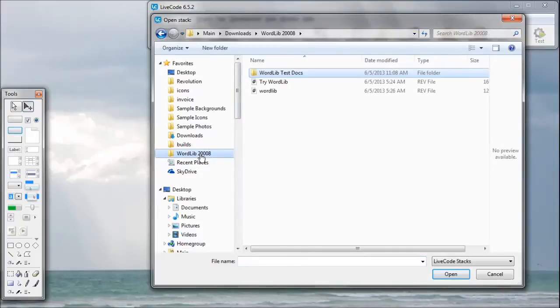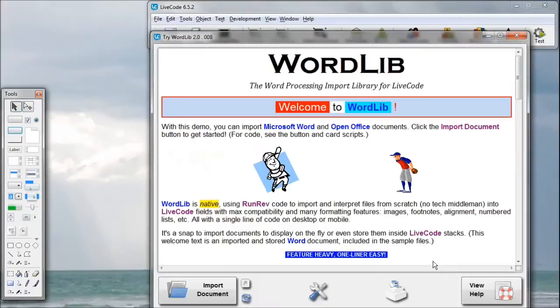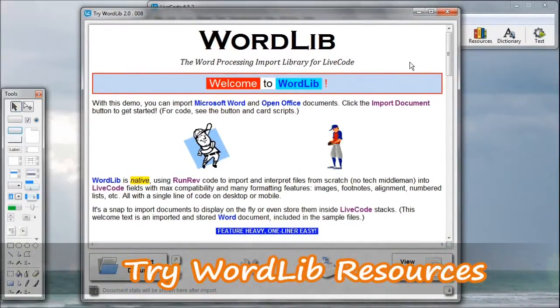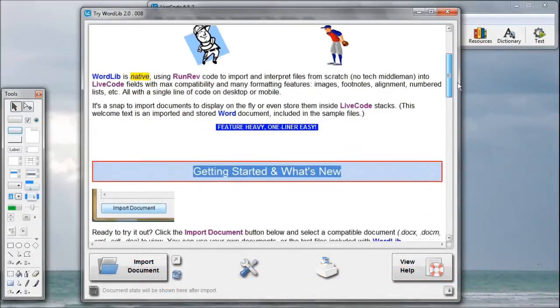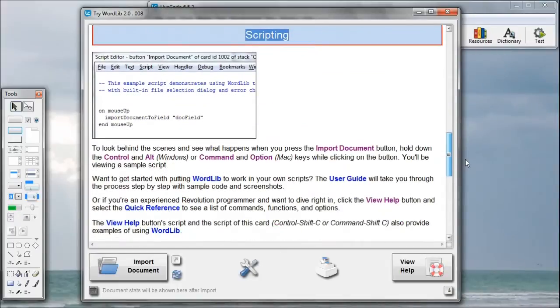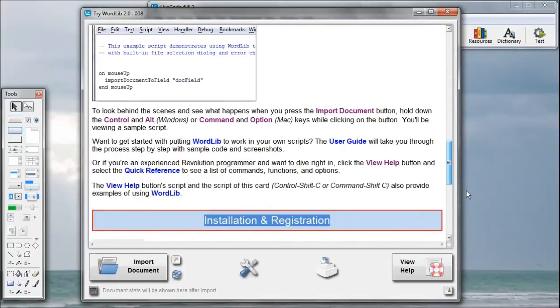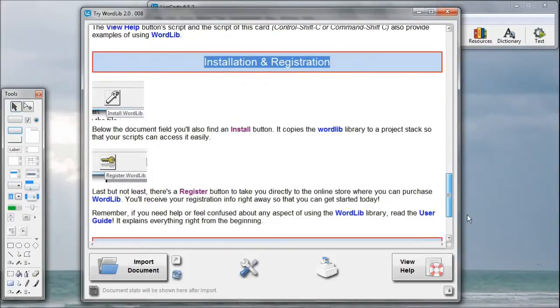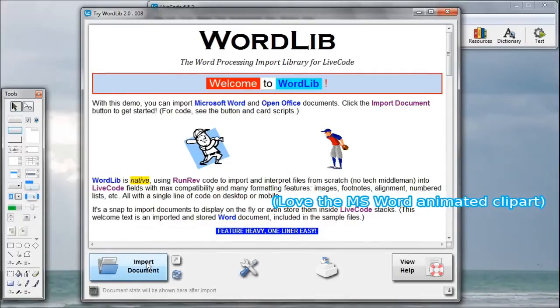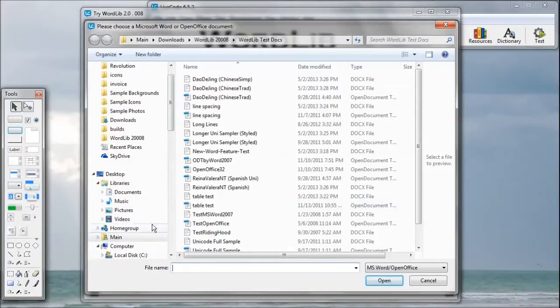And the first time, obviously, when you get started with WordLib, what you want to really start with is the try WordLib stack. Really, this is where it's all at when you're getting started. Because first of all, you can see even the welcome text is a document. So you can use this try WordLib stack to load documents on your computer. There's the button to do that, import document,